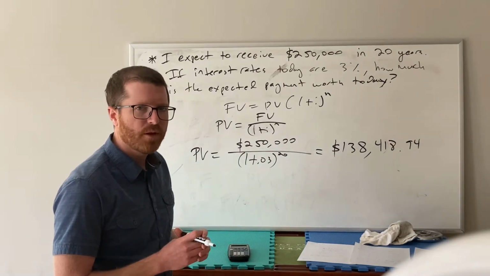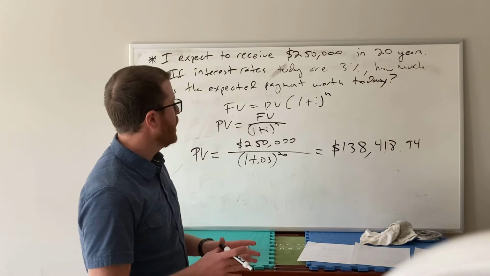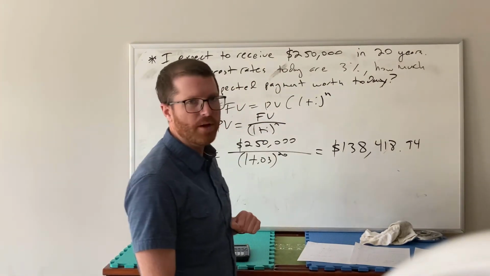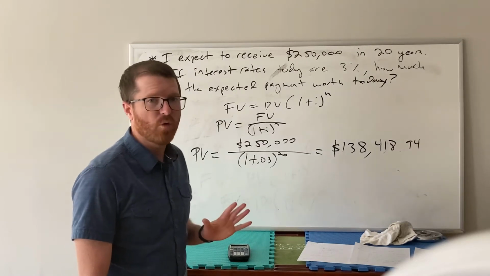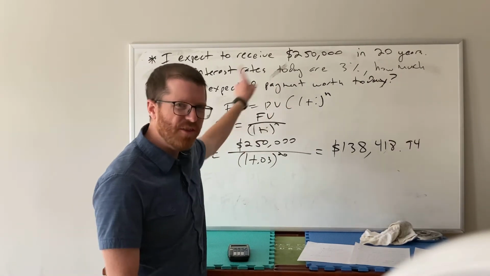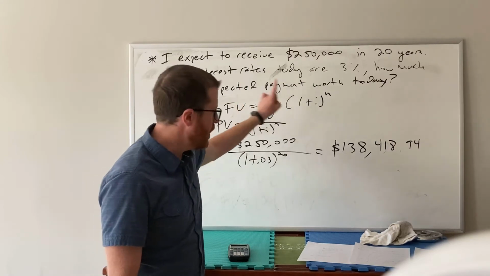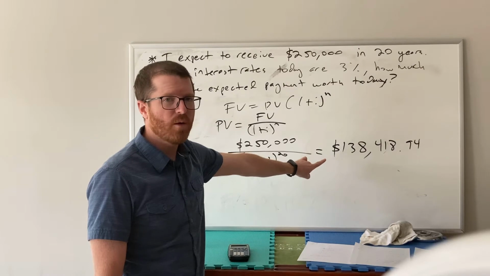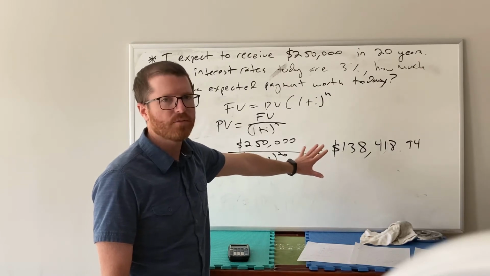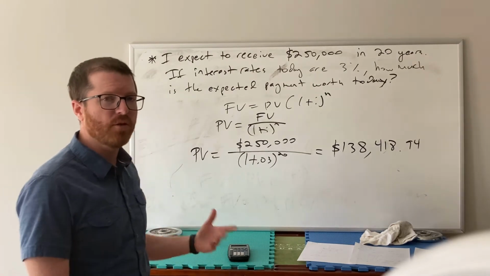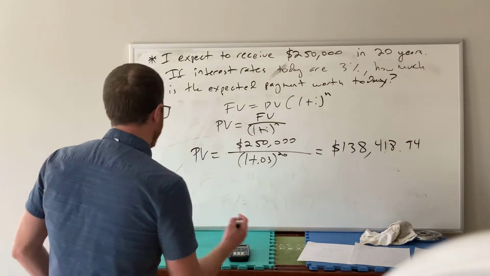Okay? So in other words, if you're trying to figure out the practical application of this, if I know I'm going to get this money in the future and I know it's no risk and I can convince others that there's no risk, I could sell this asset off to another investor for this price. That would be the fair price for this asset in the future. The price of this asset is going to change based on interest rates, okay? So the thing to recognize